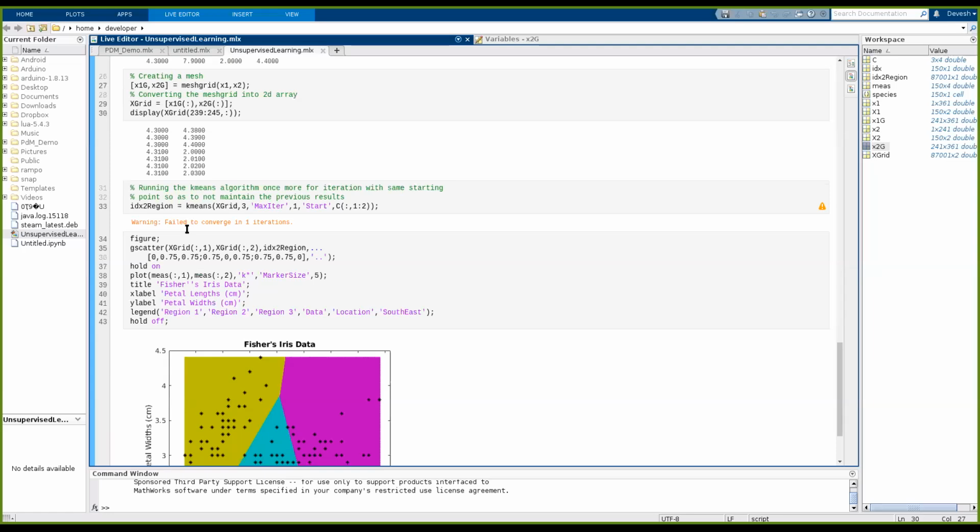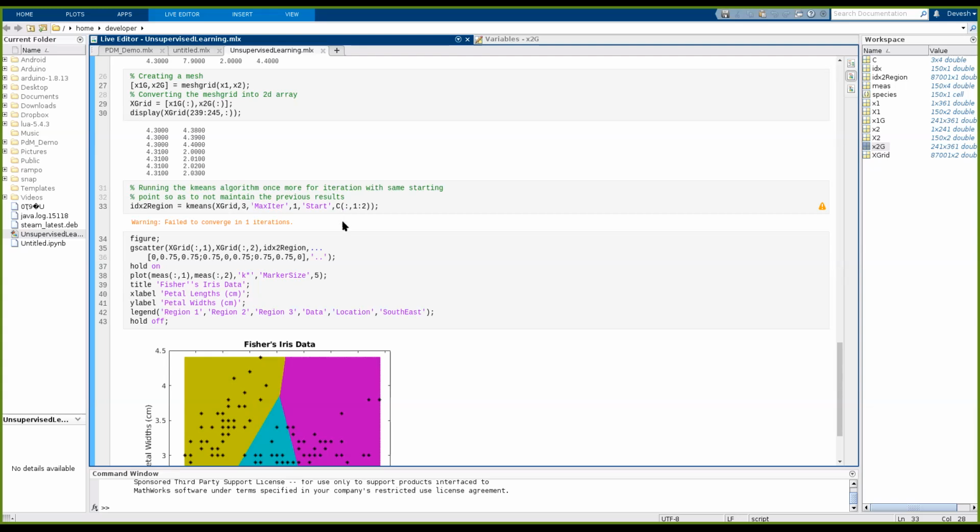And now I have again run the k-means here. Here the difference is I have no C output, but here I have written start C. Okay, what this means is I have run the k-means algorithm for just one iteration only. I have 3 clusters. I have XGrid, which is a combination of the 2 features only. Ran it only for 3 clusters, but I have run it only for one iteration, just one calculation of the centroid and the distance. But there's a start.